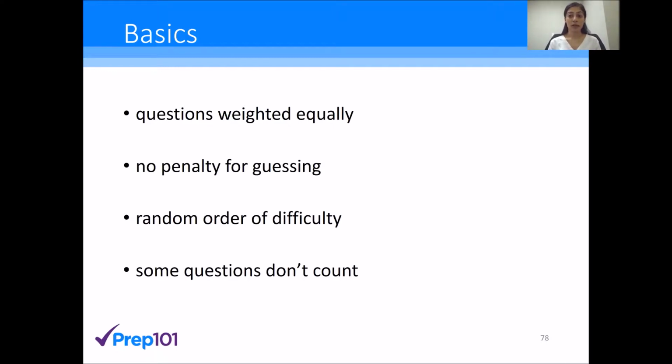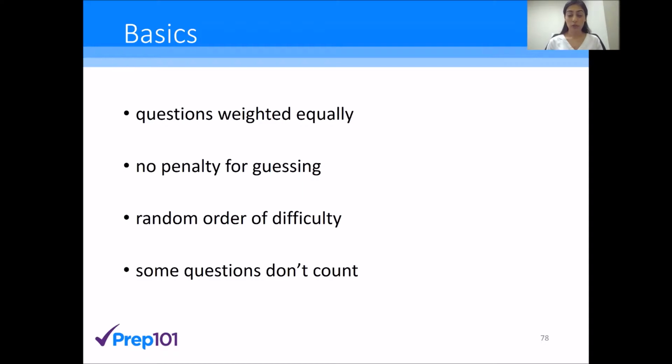Okay, third, the MCAT is unlike other standardized exams, such as the GMAT, okay? The GMAT is one of those exams which selects the next question that you're going to get based on the difficulty level of the previously answered questions. So it's one that will give you more difficult or more easy questions based on how you performed on a current question. The MCAT isn't like that. That means that the questions are in a random order of difficulty. There is no order whatsoever.